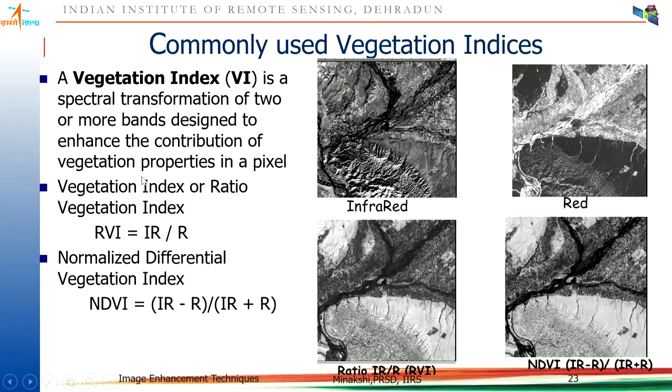So vegetation index, or any index if you say, it is a transformation which will tell you how much fraction or how much portion of a vegetation is there in that pixel if I talk about vegetation indices. So in one particular pixel, how much is the amount of vegetation? So that is vegetation index. If I want to calculate water index, how much is the component of water in one pixel? So that is water index. So now this example which I gave you, infrared divided by red band, it's a very popular ratio called as ratio vegetation index, which is infrared band divided by red band.